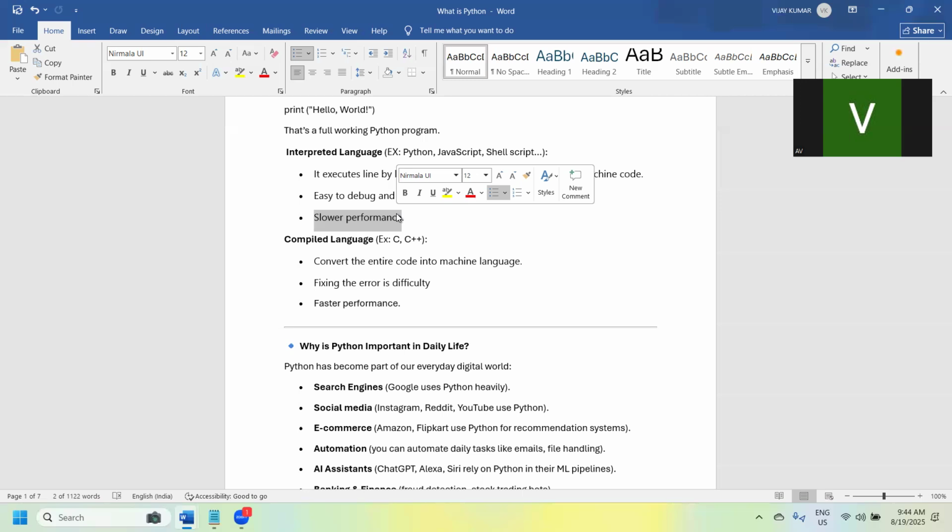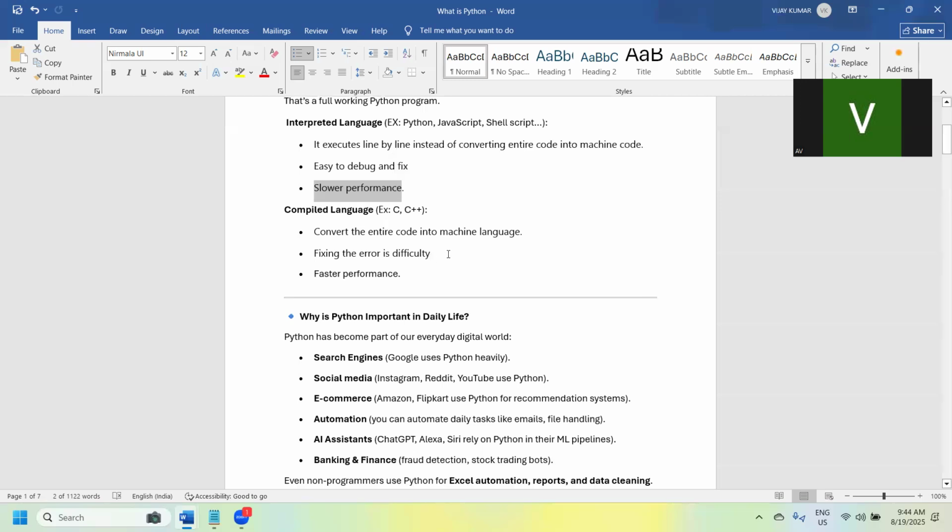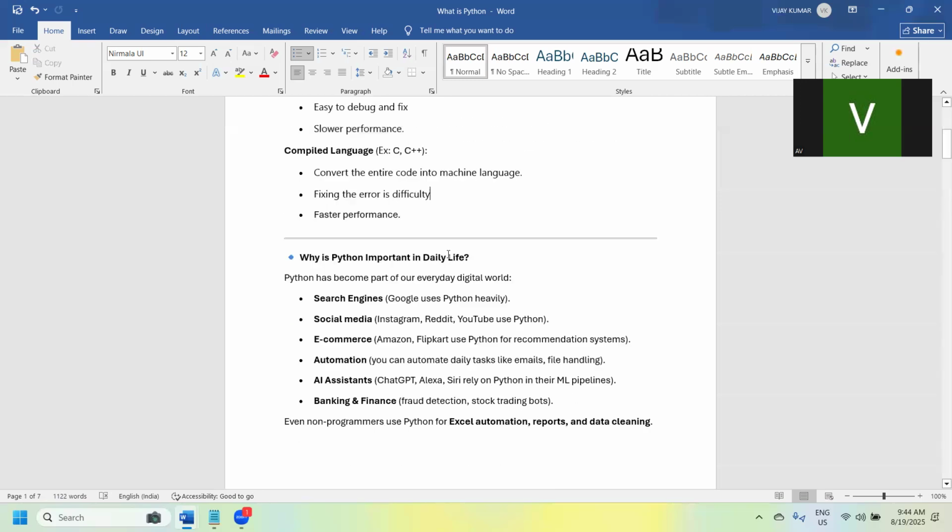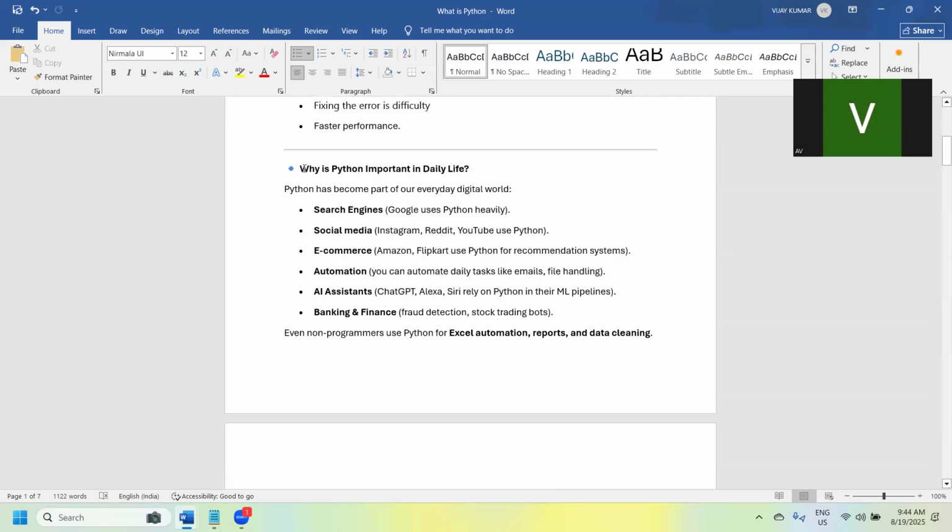But if you get any issues later, debugging takes some time. Fixing the error is not impossible, but we need to spend some time. As I told you, when we are going to use Python,